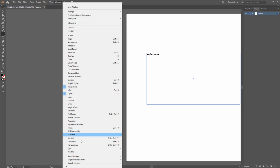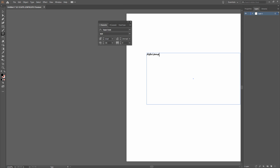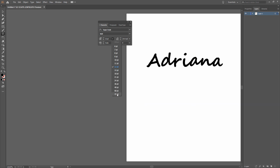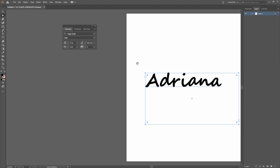Let's go to Windows, type, character, and here we go. So I've got this here. Hold on, let me go back. Make that something like that. That will be good. All right, so I've got that. I'm going to make some changes inside Photoshop. I'm just more comfortable in Photoshop,